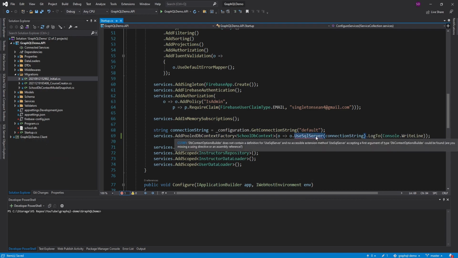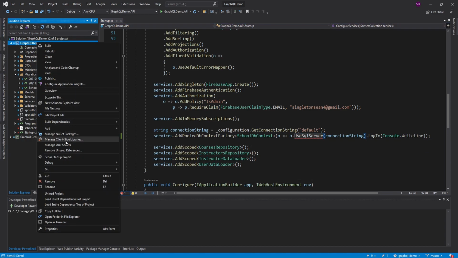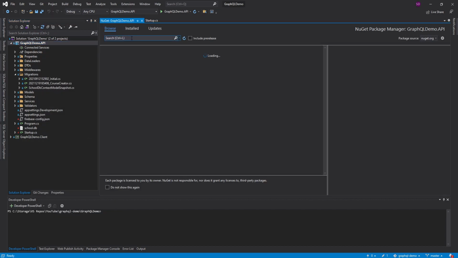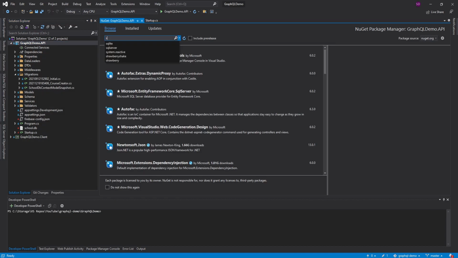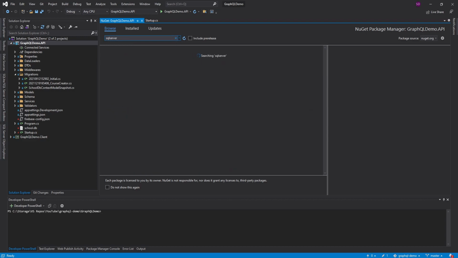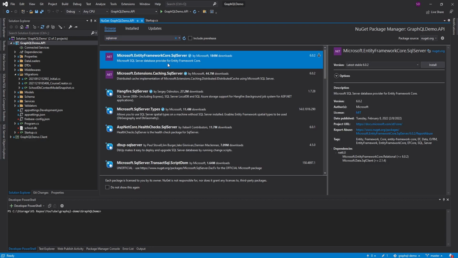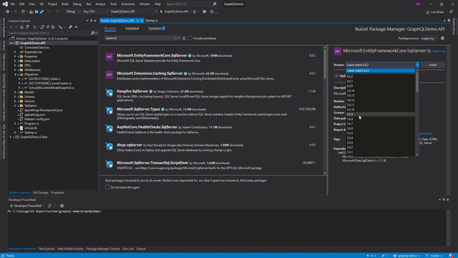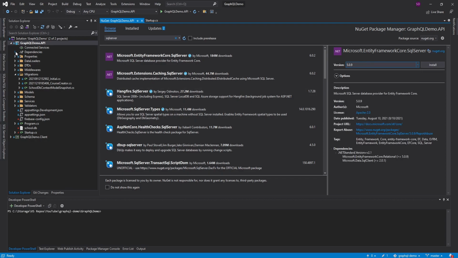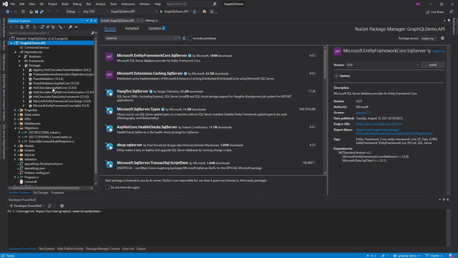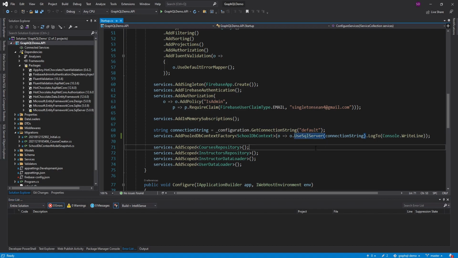To do this, we are going to need a NuGet package. So let's manage our NuGet packages, and let's search for SQL Server, and we want Microsoft.EntityFrameworkCore.SqlServer. This is 6.0.2. I'm not on .NET 6 yet, so I think 5.0.9 is what I want, because I am using Entity Framework Core 5.0.9. So let's do that. And now back in our Startup.cs, we can use SQL Server and pass in our connection